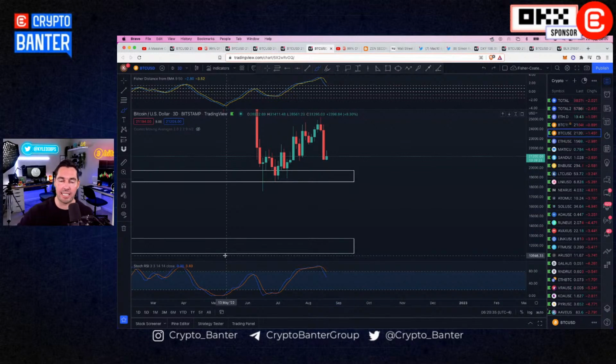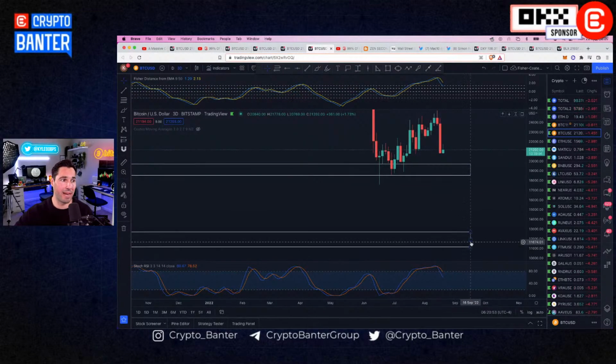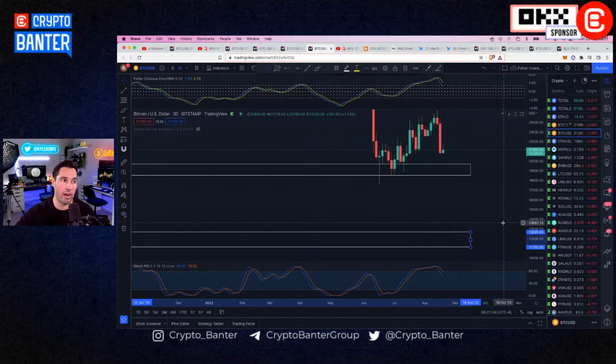There's no certainties in this game. We're just playing a game of probability. Trading is very similar to gambling, although you have more direction because we have indicators and price action, and the psychology of humans tends to repeat itself. But if that level gets lost, my next zone comes in all the way down. Look, 16 has one little chance to bounce off. If 16 fails, which is also your mid-range over here, then you're going all the way down to around 10